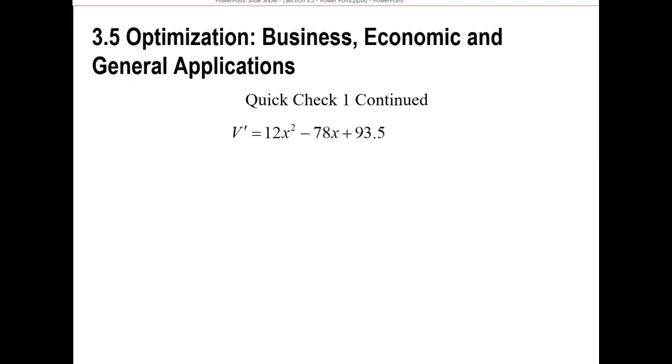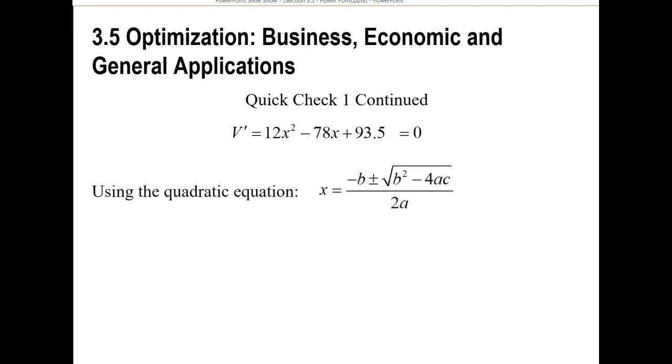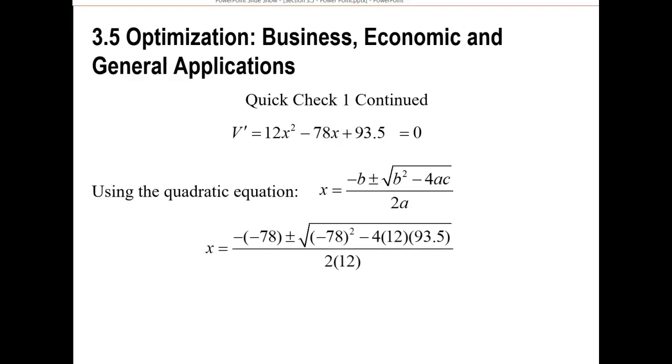All right, so our first derivative set to 0. Here it doesn't factor, partially because we have this decimal here. So we'll use the quadratic formula to solve this one. So negative b plus or minus the square root of b squared minus 4ac divided by 2a. So plugging in your 12, negative 78, and 93.5 for the a, b, and c. Simplifying, you get 39 plus or minus the square root of 399 over 12. And that's completely cleaned up, I believe,